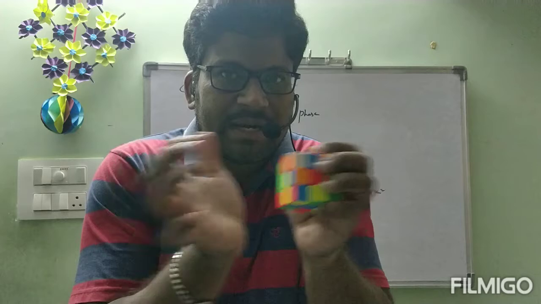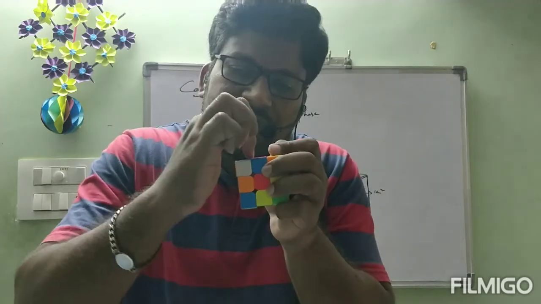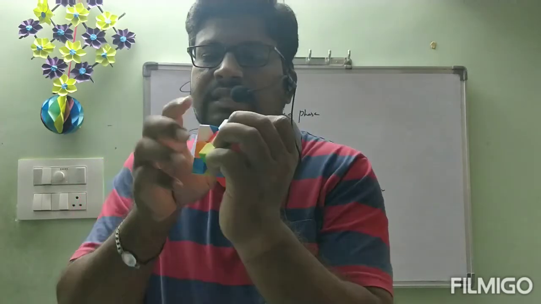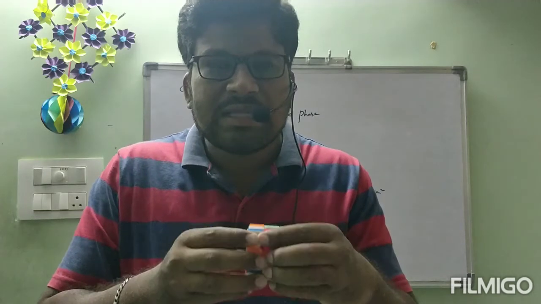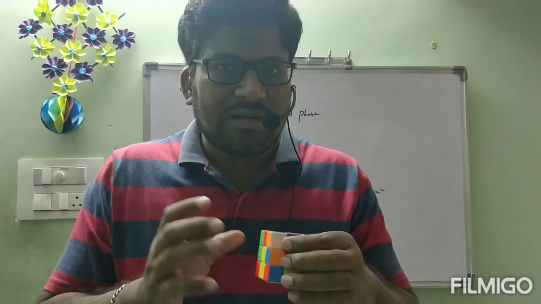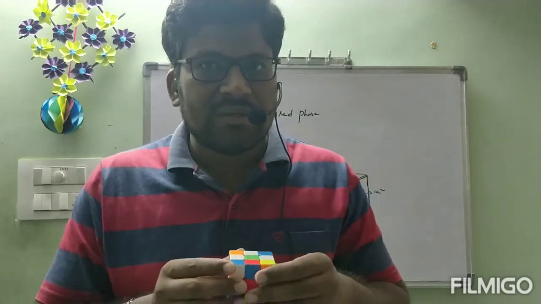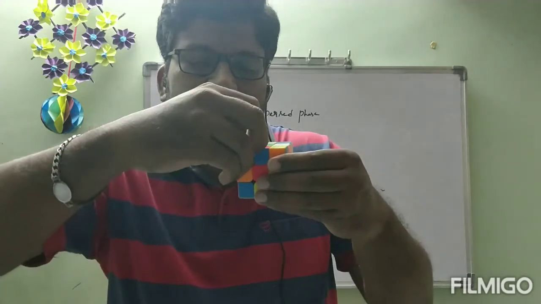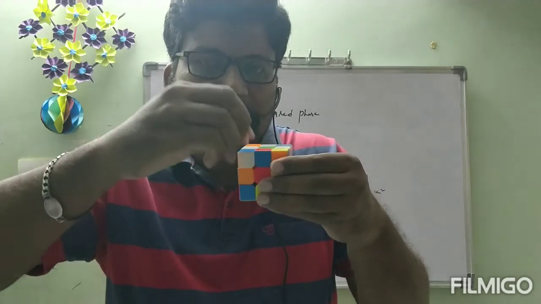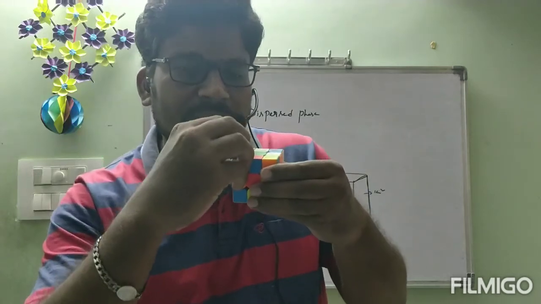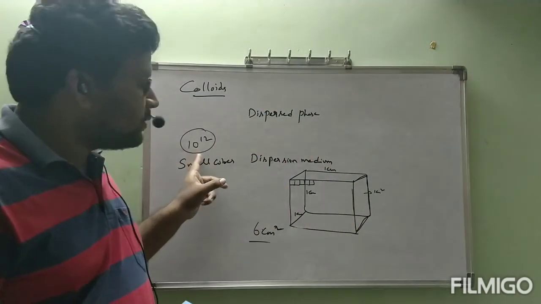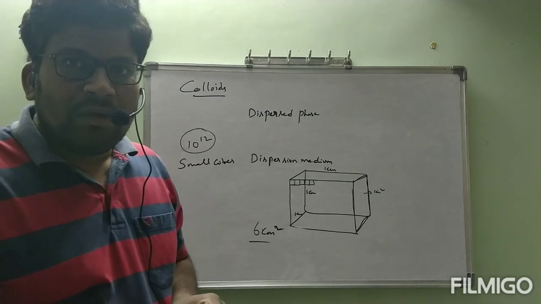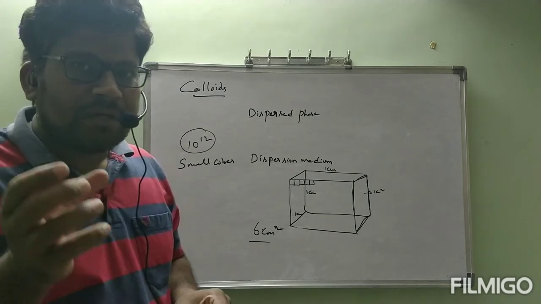But if you separate this one into small cubes, the inside of these small cubes also, see like this, will be in touch with water, na? Correct or not? Then surface area increases. They want to give one estimation for you. That means for this small cube, what is the area? That particle is like a colloidal particle. How many small cubes are we making? 10 power 12 cubes we are making.